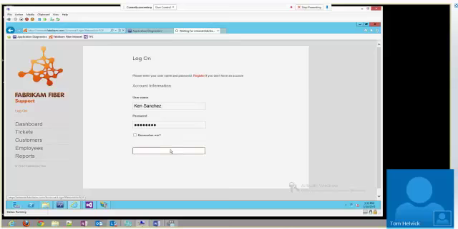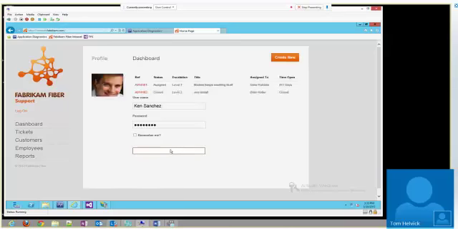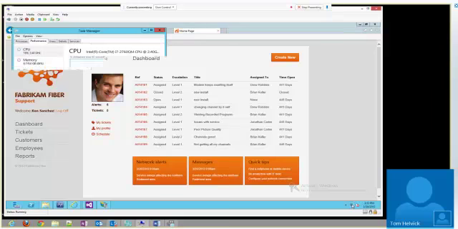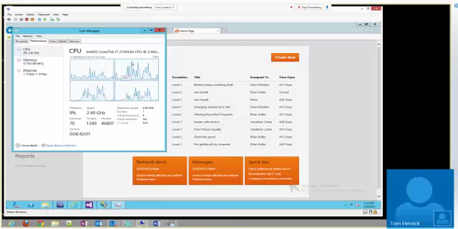Spinning up my services. You can see that down here in my CPU. It did spike a little bit. So that was just my services starting. I clicked login and it did some work.